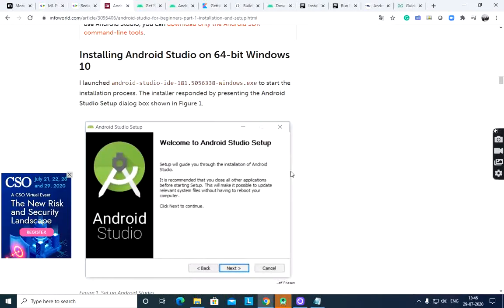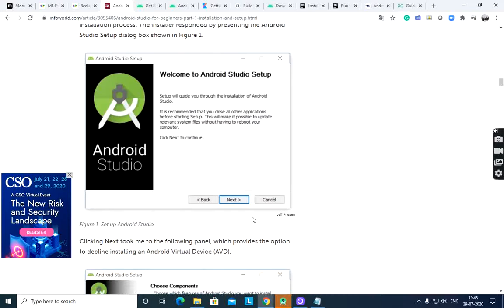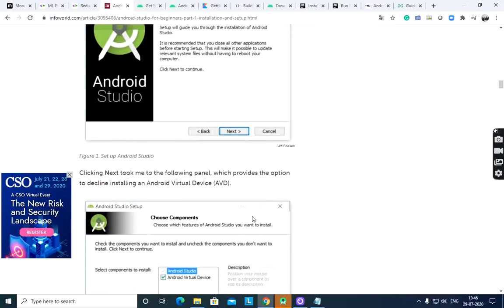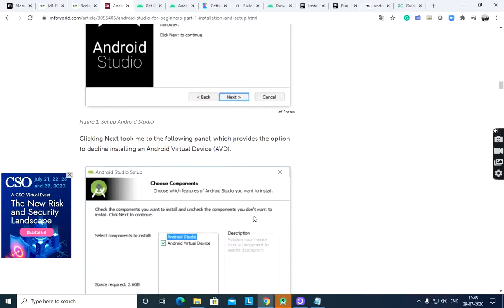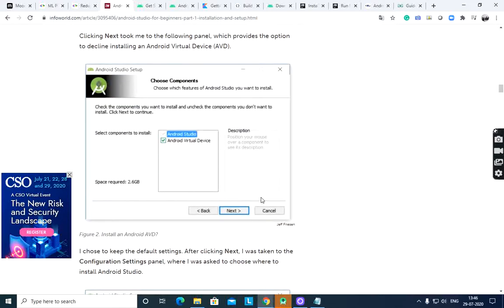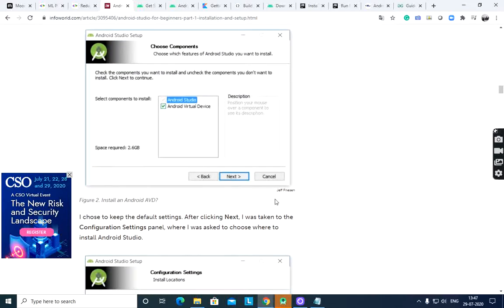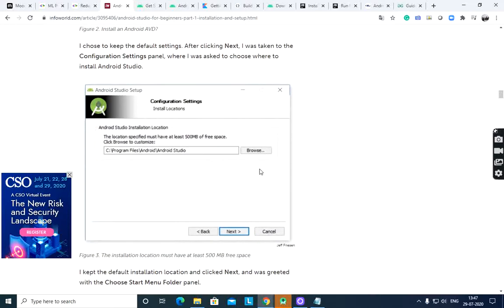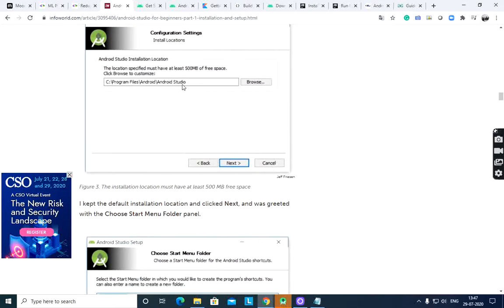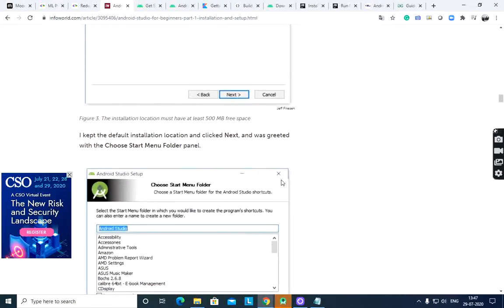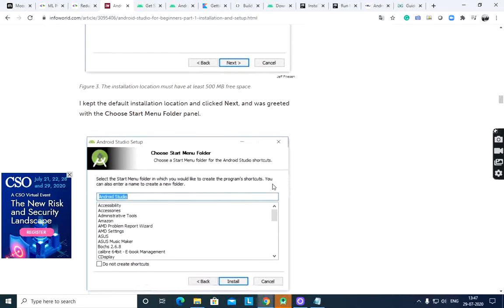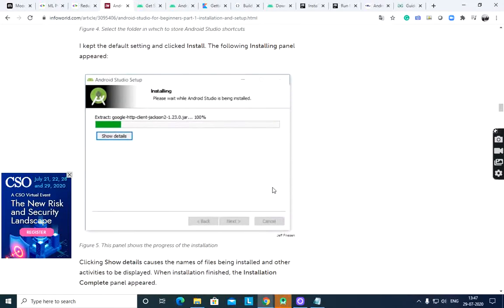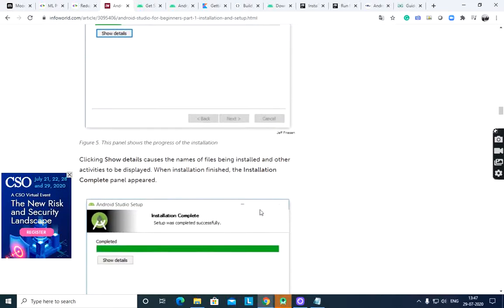After clicking, it will start the installation, and here select next: Android virtual device, Android Studio, and the target location for the folder of that Android Studio. Select your location from your system, and then it will install Android Studio.